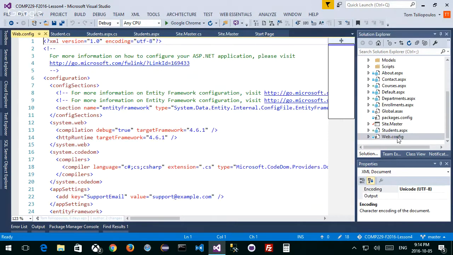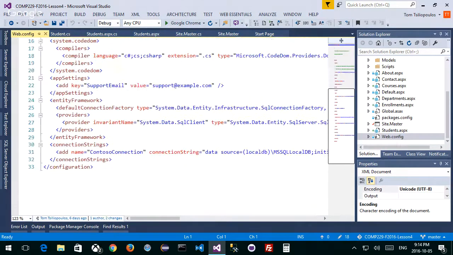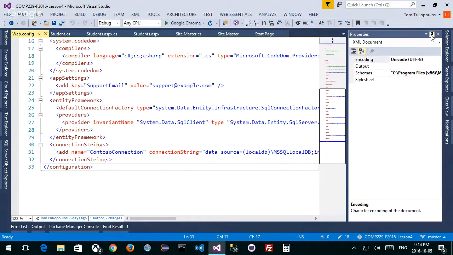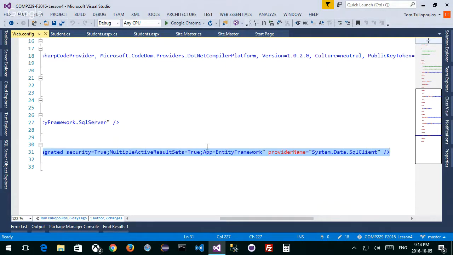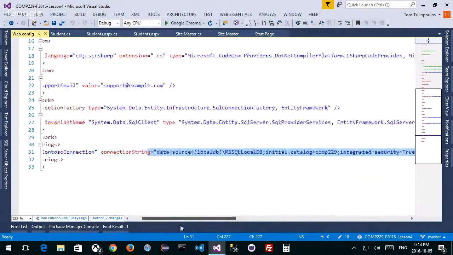Your web config file has the link, and if you look inside here, the connection string connects to your Contoso connection, which is your local DB and tells you the exact place. Now, if you're going to connect to Azure, this would not be the same. It can't be. This link would be different. This link would be a link to your database on Azure. That's what it would show. A totally different link, right? You'd have to figure that out for the extra bonus marks, right?